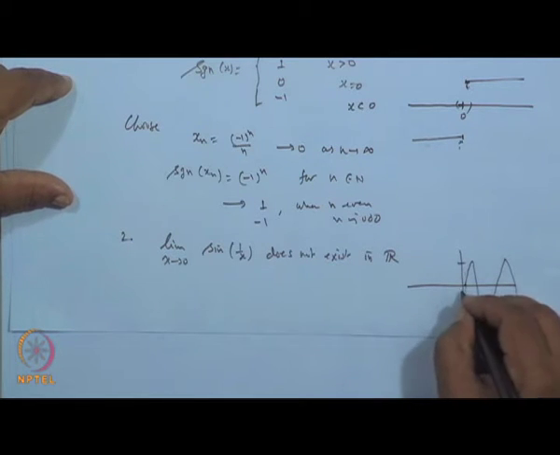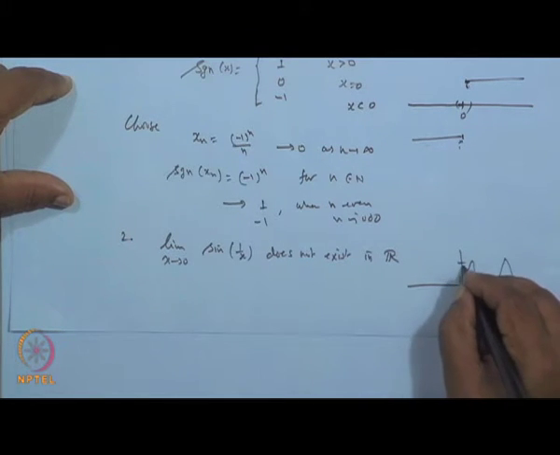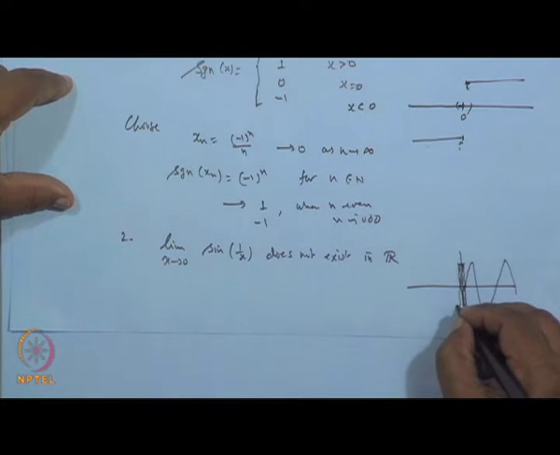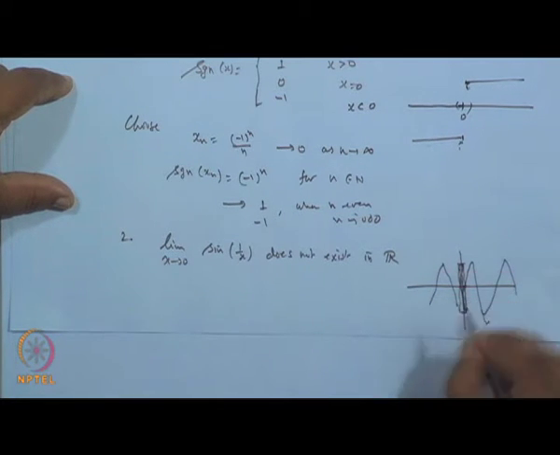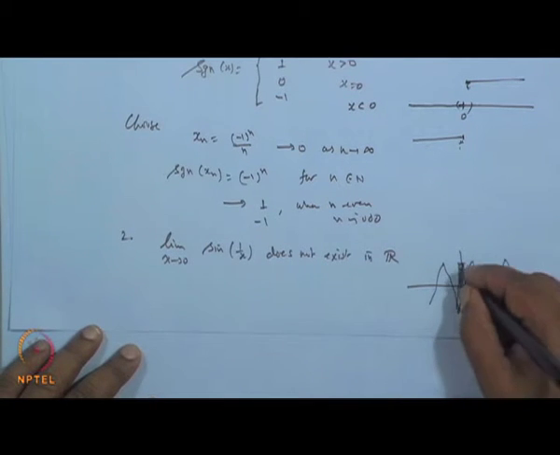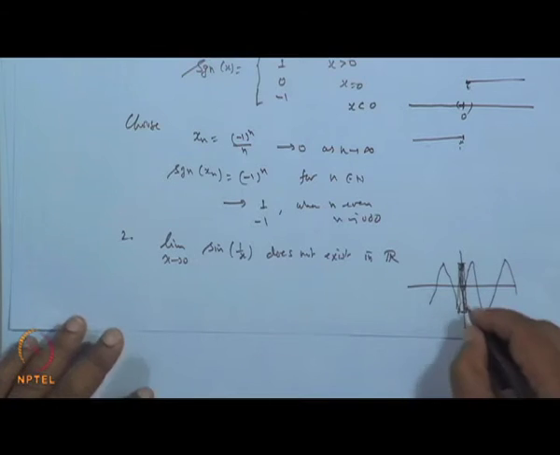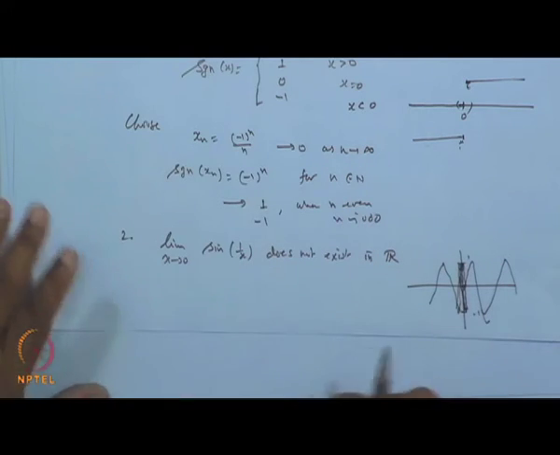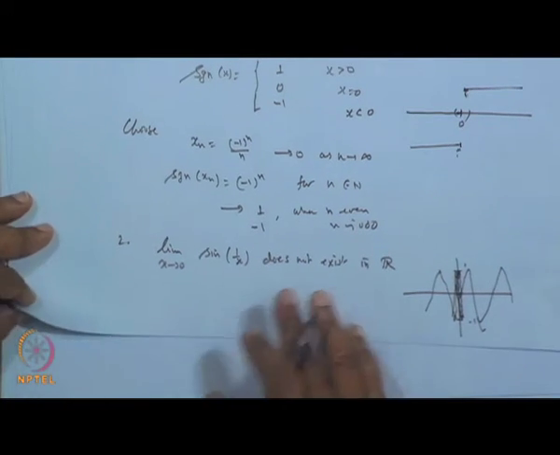But as soon as we get near 0 it fluctuates too much, and basically you are getting this thing like this and so on. Nearby 0 it keeps on jumping, going up and down like this. So we get the fluctuation, and the fluctuation is very thick around the point 0. We are claiming this limit does not exist.